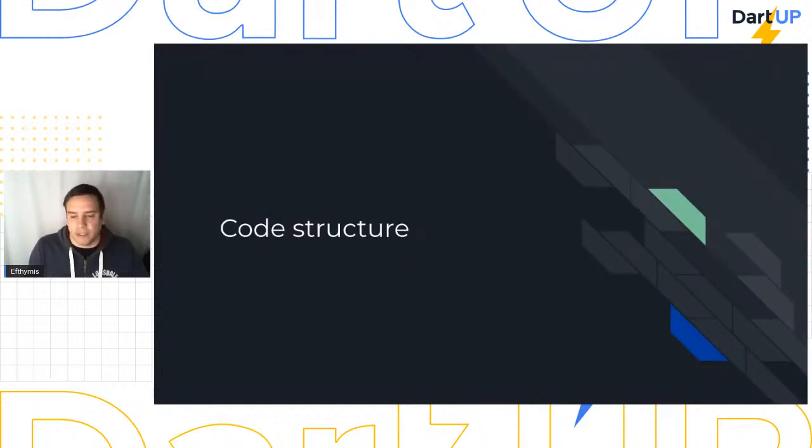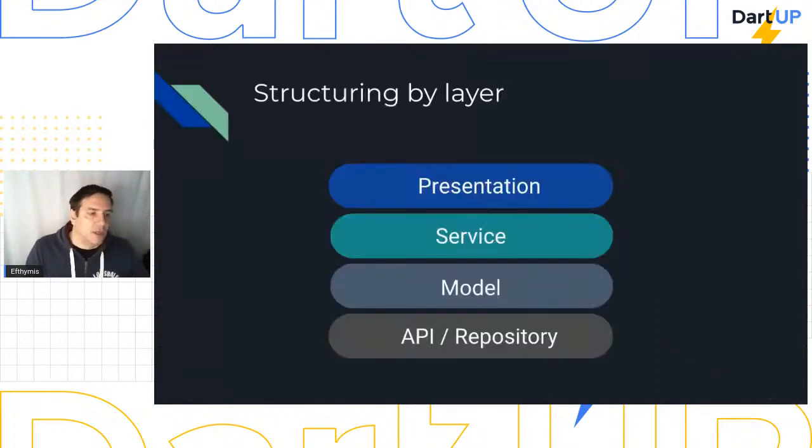So there are several ways you can structure your code. The main one is by layer. You can have a presentation, a service, a model, and an API repository. Basically, you have the layers of your project, and you just structure your code according to the layers. So you have all the presentation components in the presentation folder or package, or whatever you use, the services again in another folder, and all that. But that's not really cutting it,